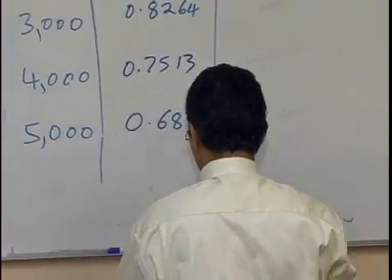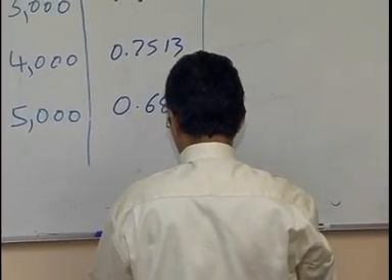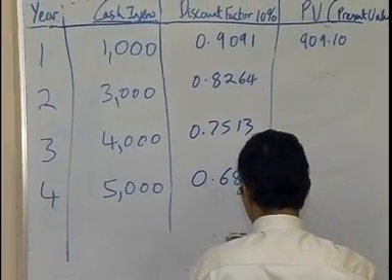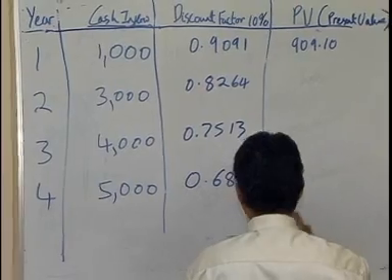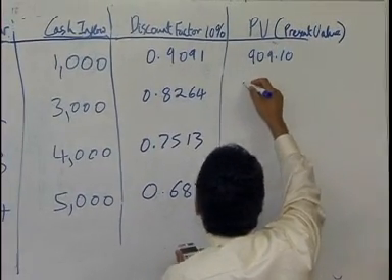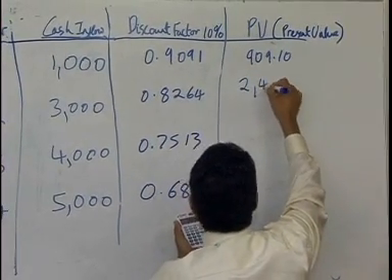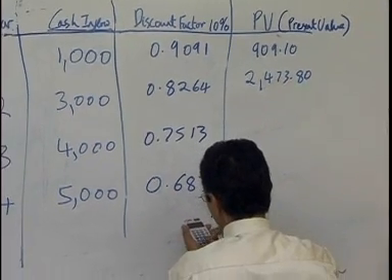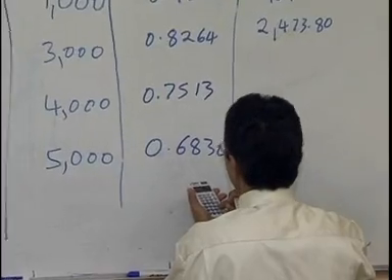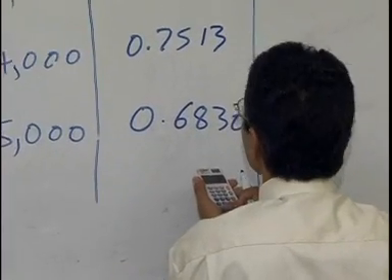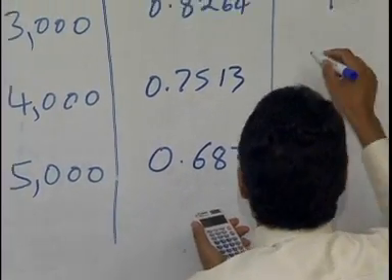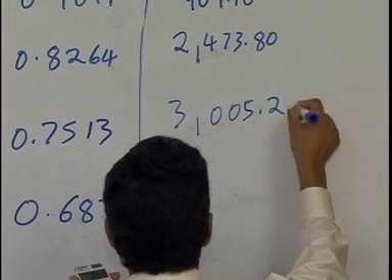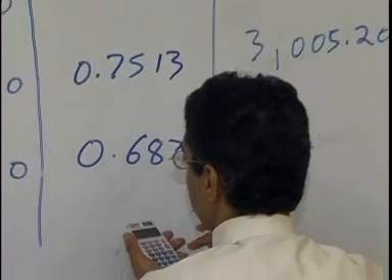Let's work out 3,000 at that. 3,000 multiplied by 0.8246 is 2,473.80. 4,000 times 0.7513 is 3,520. 5,000 times 0.6830